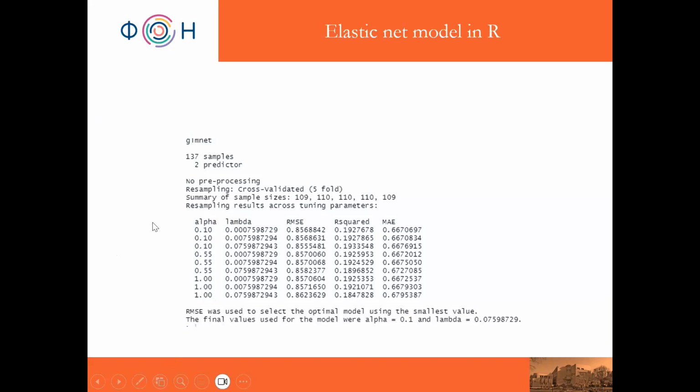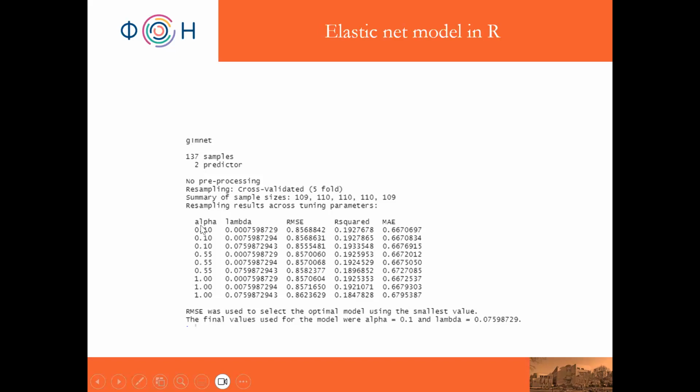So here the function is such that it will provide us results for different values of alpha. We remember that alpha is in fact telling us how much of which constraints we will be using. So we have several solutions